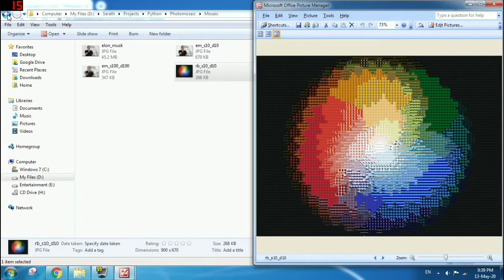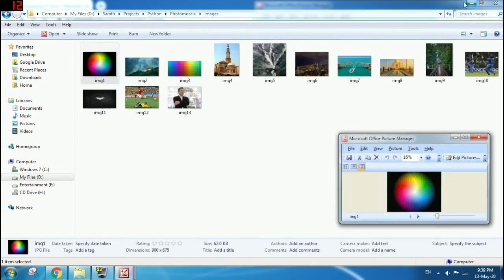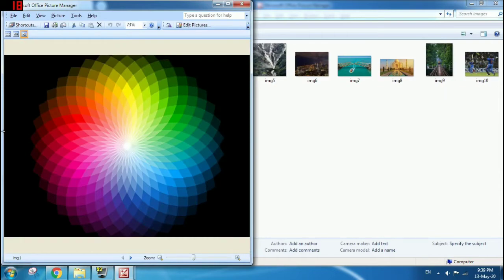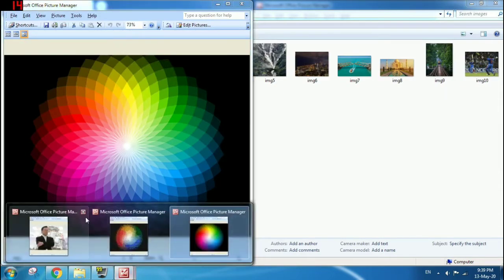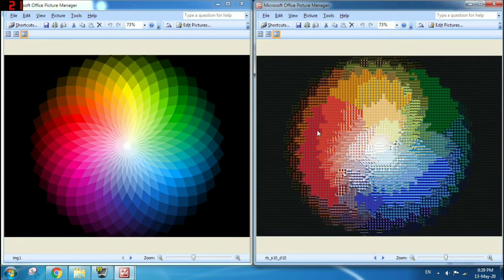Now let's see how the algorithm stands up against an image of the whole color spectrum. So now on the left side we have the whole color spectrum with red, green, yellow, blue, pink, everything, including the white and the black.